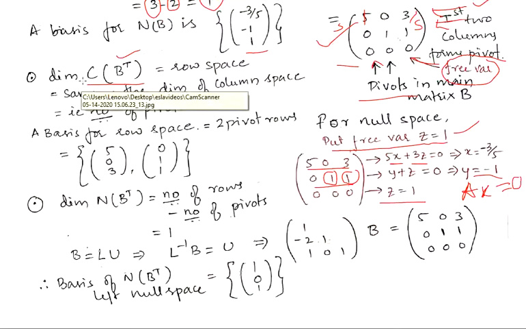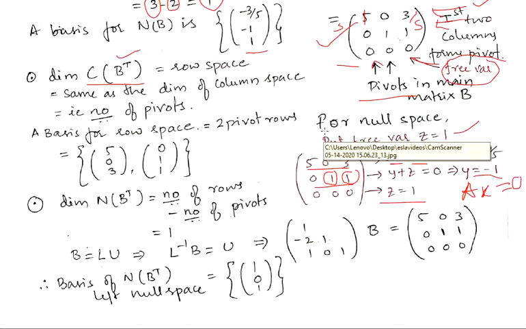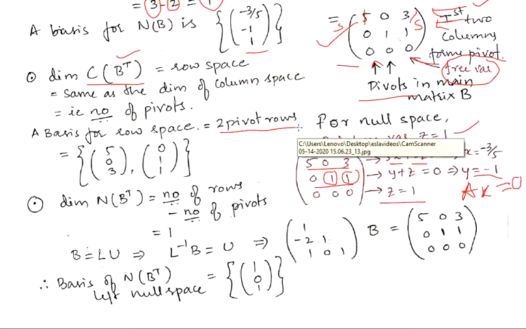So the dimension of the row subspace is nothing but the dimension of the column space when it is B transpose. If I transpose this, you will again find the number of pivots will be 2, because it is the same matrix, right? Only thing is we are doing a row operation. Instead we can transpose and then again find the same pivots in the same columns, right? So it will be the same. So the basis for the row subspace will be the 2 pivot rows. Okay, what are the two rows?